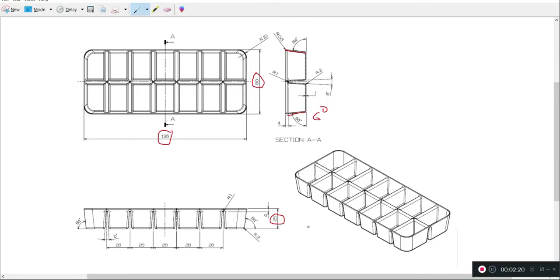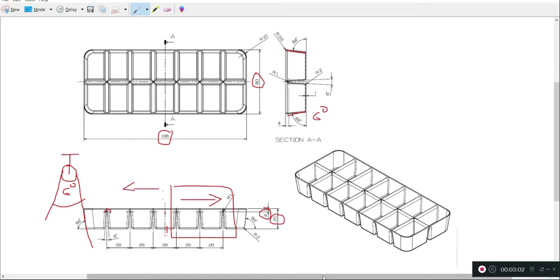Then the second step will be to create cutouts like this one. For creating this cutout, they have specified one circle of radius 1 mm, and they have created two inclined lines, and the angle made by these lines will be 6 degrees, and the center point location from the top edge they have given as 4 mm. Okay, and the distance between each entity will be 28 mm apart. So we will create a single entity, we will create a rectangular pattern, and then we will mirror this complete entity about this axis on this side.